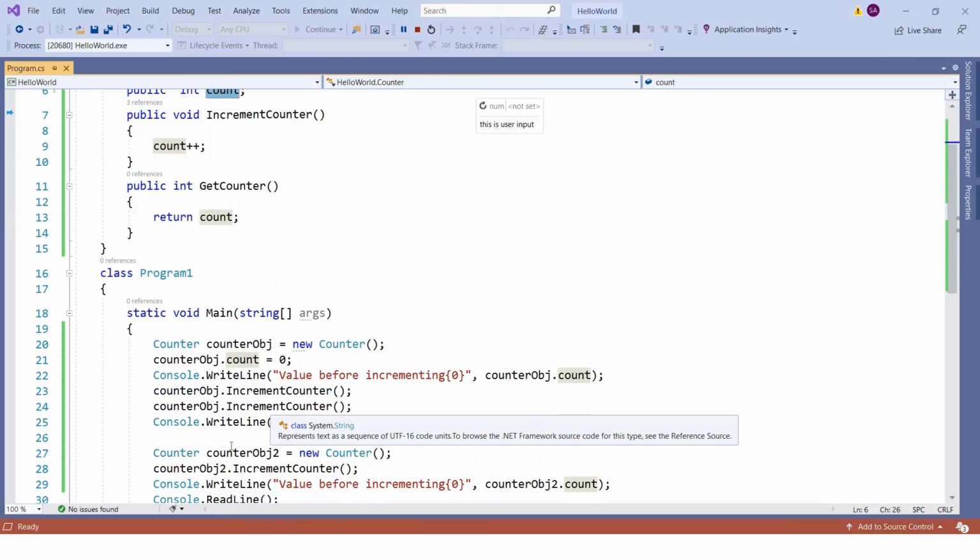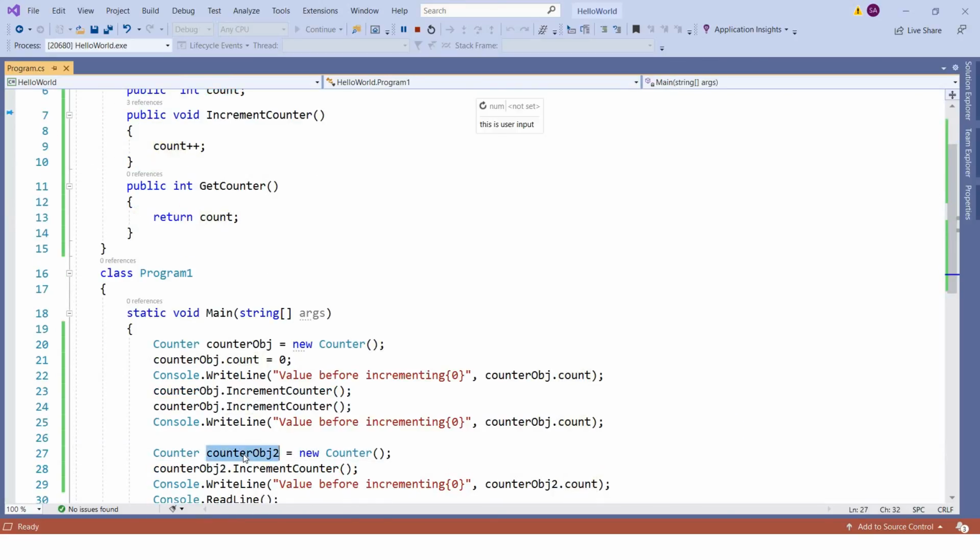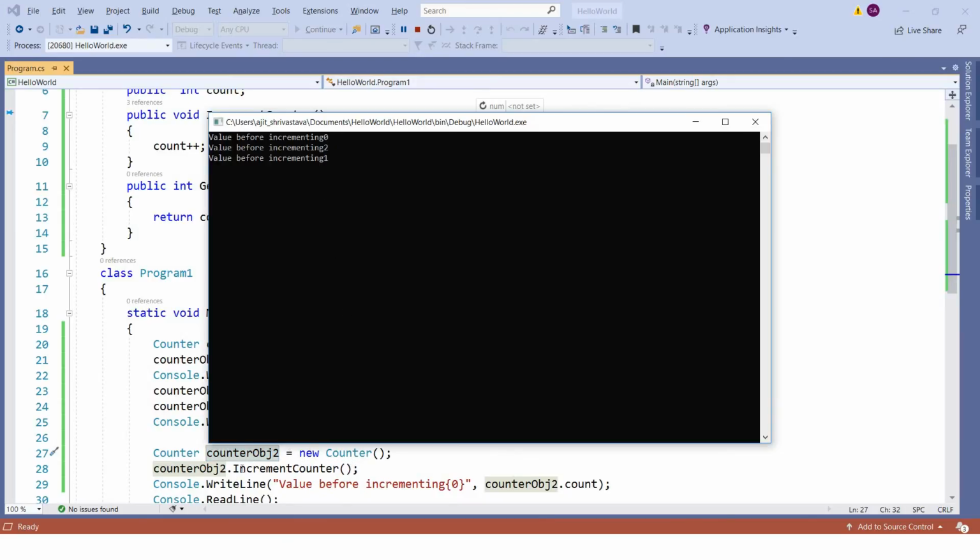So what happened here is, as soon as you created this object, it gets a different memory allocation. Since this is non-static, within this object's memory allocation it will also give a memory allocation to the count variable. So this counter object will get a separate memory allocation of your count variable if it is non-static. Due to that, when you try to increment it once,